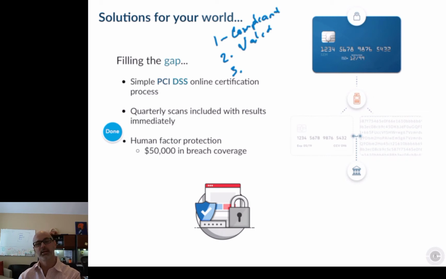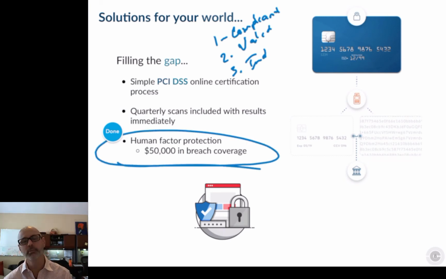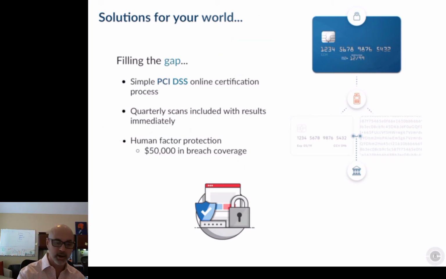If we can find some sort of a way into your system, guess what? We're going to find it. And the third thing is what's called indemnification. Now, indemnification is what I like to call human factor protection. Human factor protection is extremely important for a lot of people because it doesn't matter how great your technology